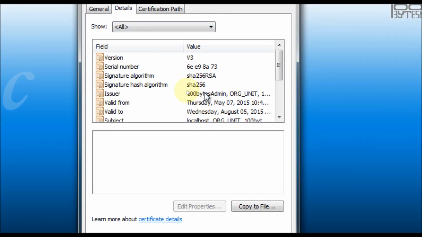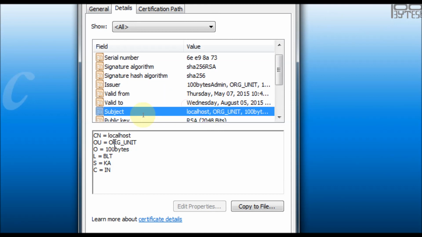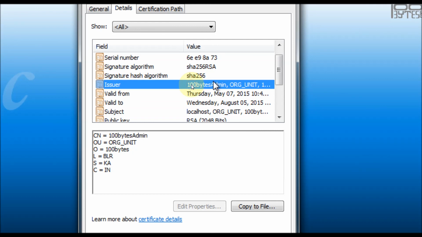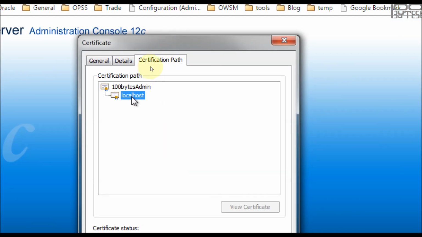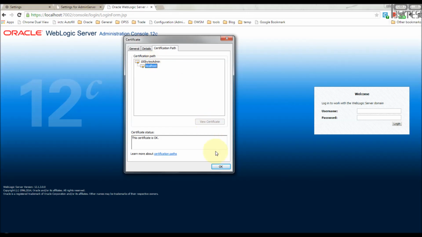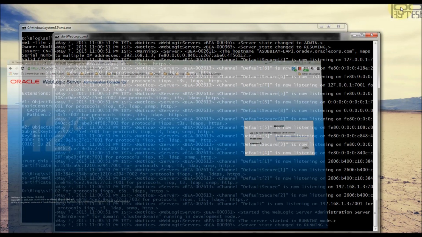You can see that the issuer is 100bytes admin and the subject is localhost, and the certification path is that localhost is verified by 100bytes admin.